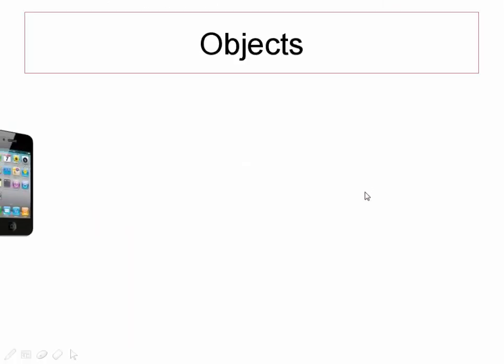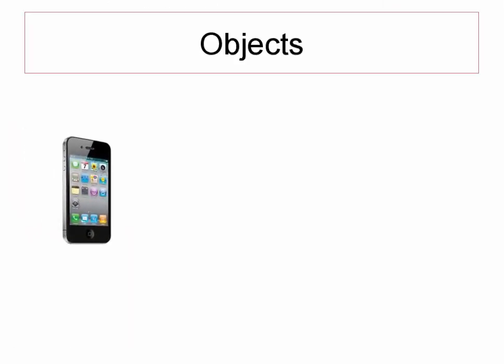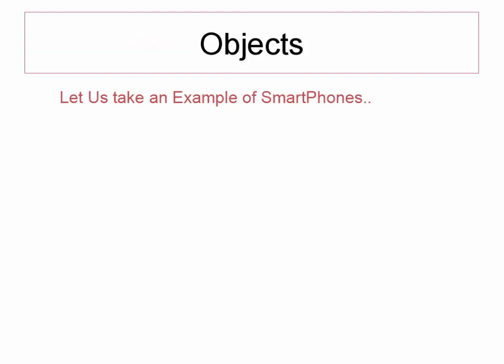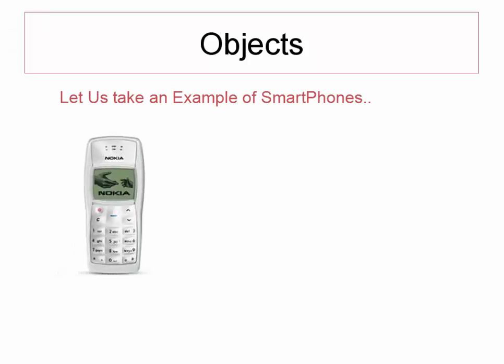In this tutorial we will learn about objects as well as classes. Objects are the real world entities that we usually use in our daily lives. It could be a smartphone, a car, or even a dog itself. Every object has one common feature: it contains a lot of attributes through which we can identify and distinguish between them.